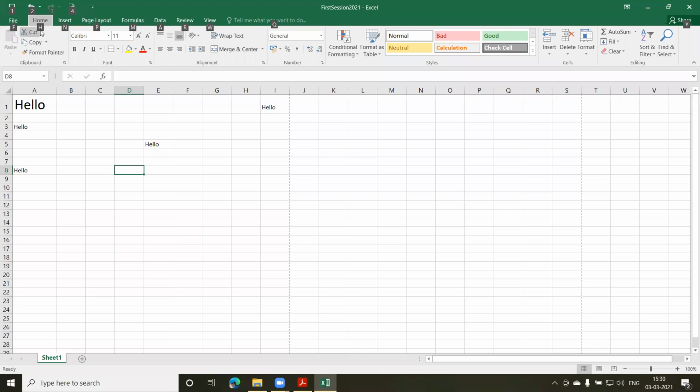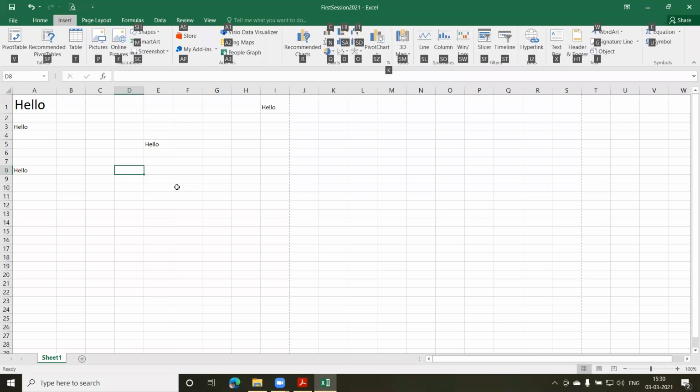You can see F, H, N. If I want to select N, I press N, and you can see it is changing my tab. The insert tab got selected, and under the insert tab, there are again some characters getting highlighted, like R, then P, then F, and so on.